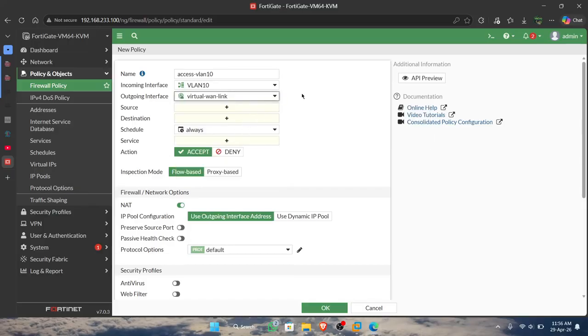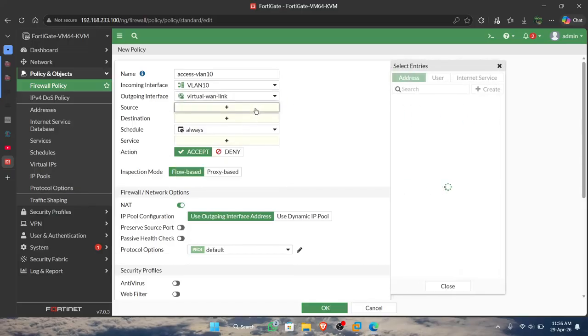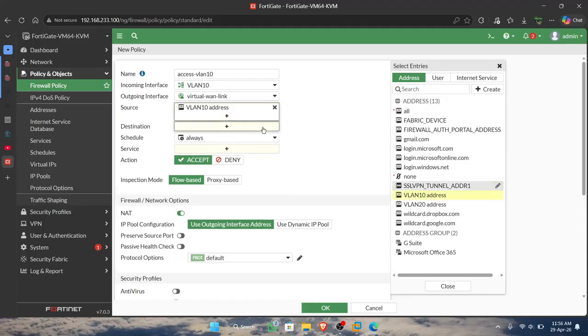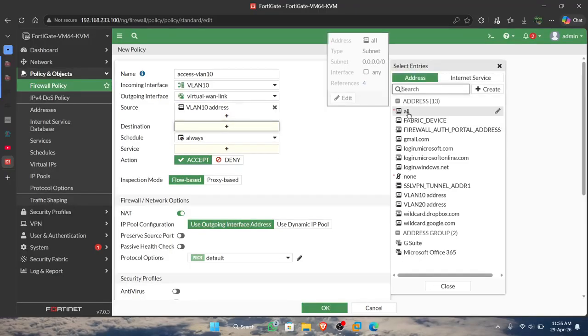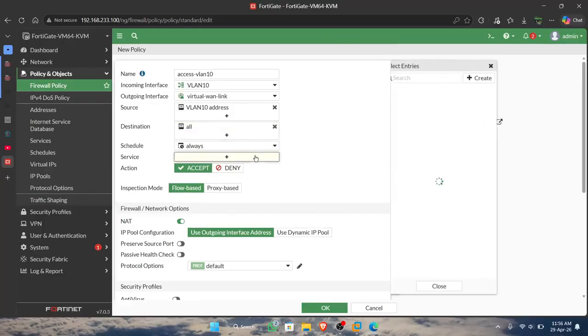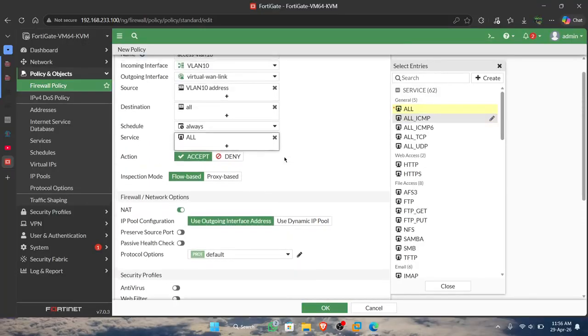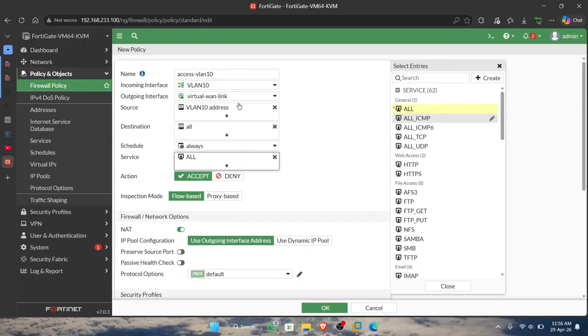In the source we enter VLAN 10, and destination we can use all, and service again all. The configuration is so simple. You must enter the incoming interface, outgoing interface, source, destination, and service.